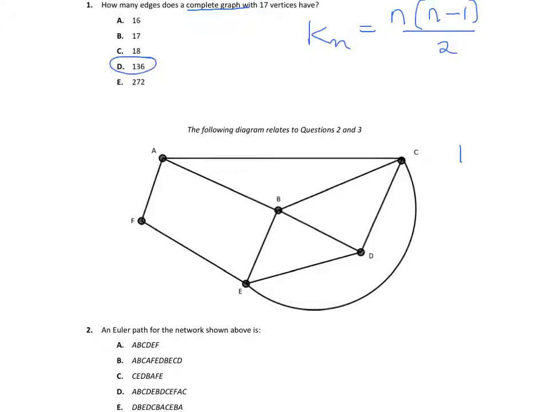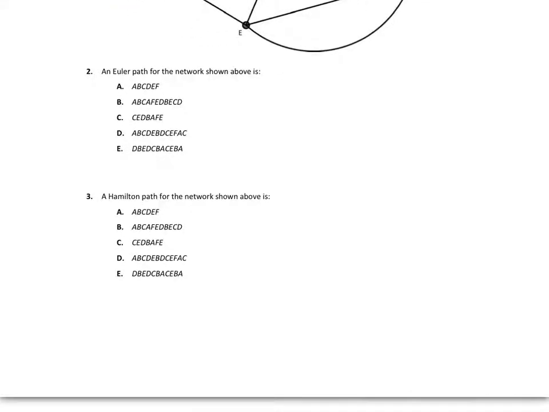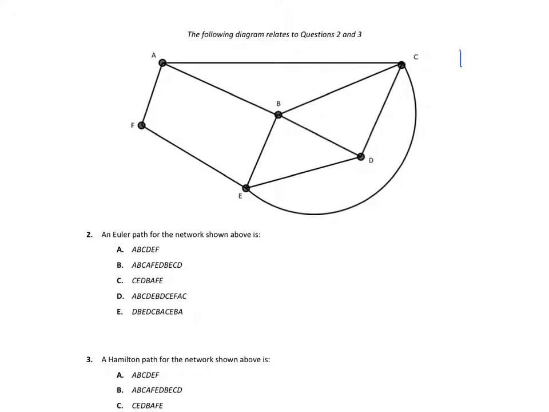In our second question, we have an Euler path for the network shown above. With an Euler path, we know that we need to use every edge once. So immediately we can knock out a couple of incorrect answers. A and C are too short. Also, we want it to be a path, so we want to make sure that it starts and ends at